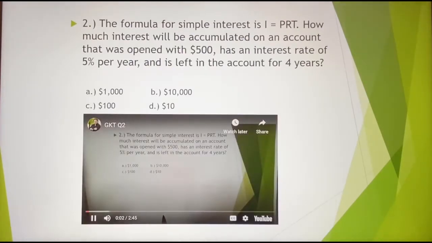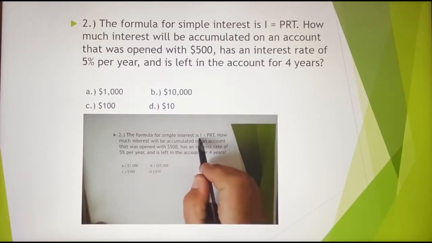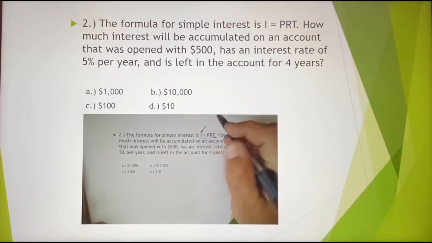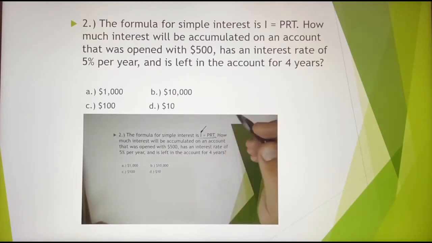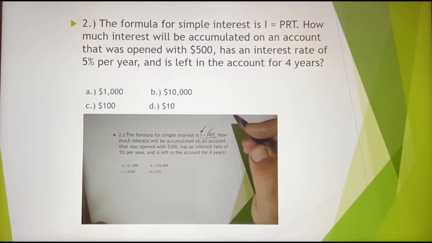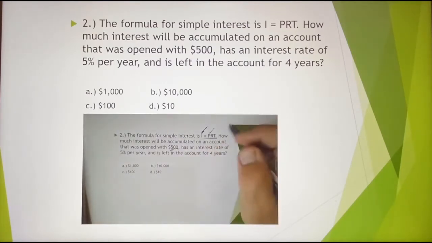This one gives you a simple interest formula of I equals PRT. The I is the interest. It's the actual amount of money that's earned in interest. P would stand for your principal. That's the amount of money that you actually are putting into the bank. In this case, that's going to be the $500. R is the rate